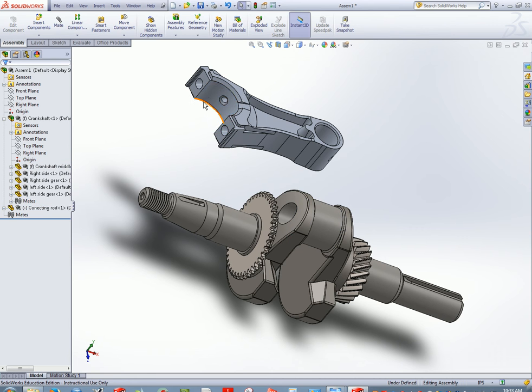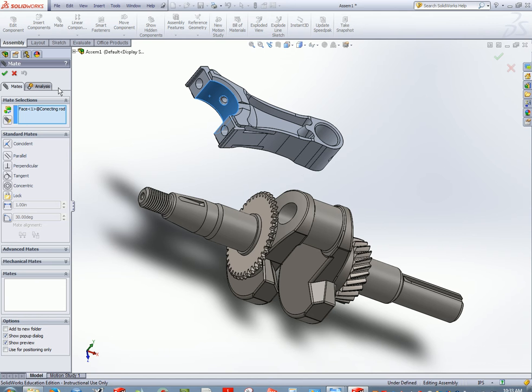To do that, I'm going to click on the face. I'm going to say mate. And for this particular one, you have all these options that you can utilize: coincident, parallel, perpendicular, tangent, concentric, a lock mate, a distance mate, or an angle mate. All right. Because I'm dealing with two circles or two cylindrical objects, what I'm going to utilize is the concentric